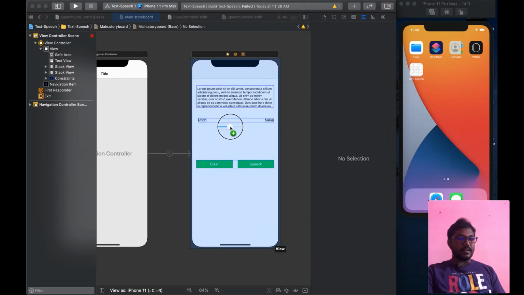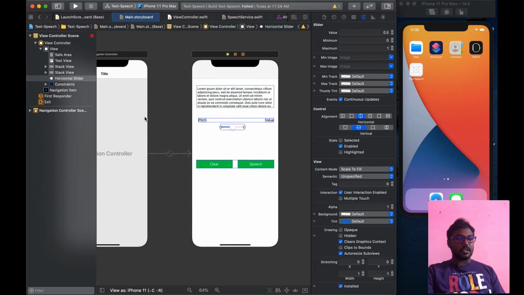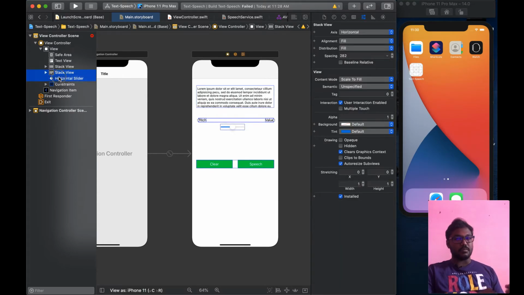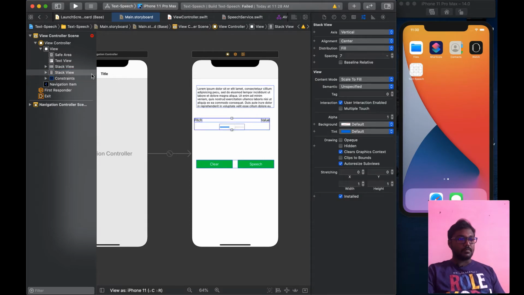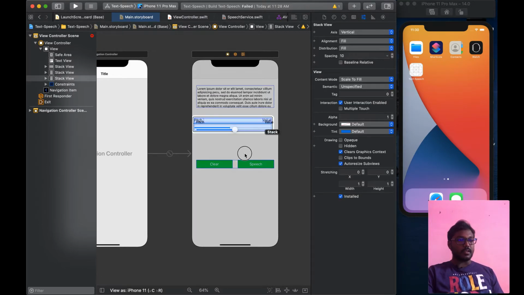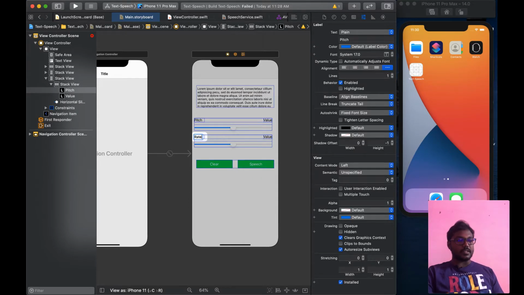Then adding a slider for the pitch rate, because we can adjust from minimum to maximum value. I am grouping the label as well as the slider in the stack view and adjusting the stack view objects, and I am taking a copy of that and setting it for the rate, that's nothing but the speech rate.